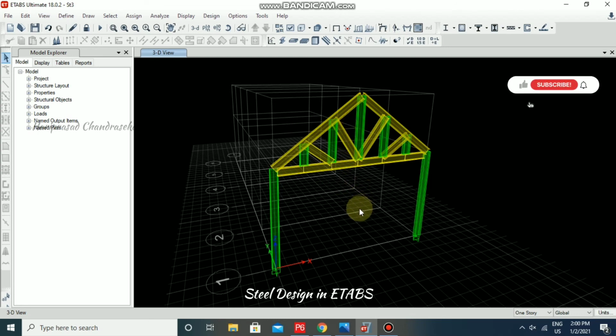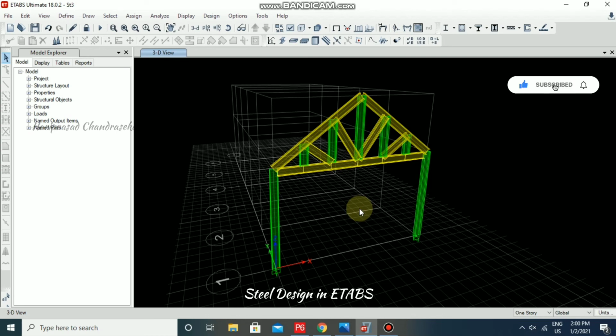But ETAP is mainly for building systems. ETABS stands for Extended Three-dimensional Analysis of Building Systems. And here we normally want to analyze this kind of steel structure. For steel structures, we especially have SAP 2000. So we will be using SAP 2000 for steel structures. So you can go for analysis of steel buildings if you want.